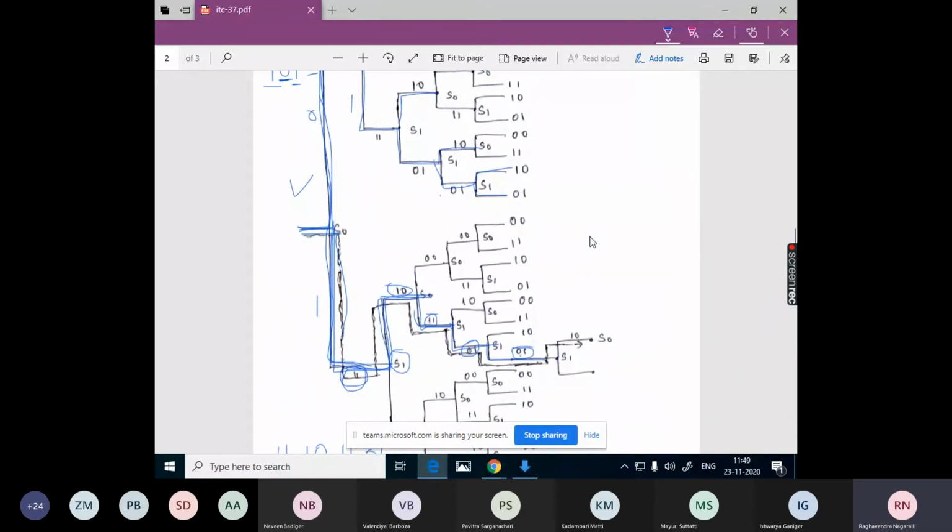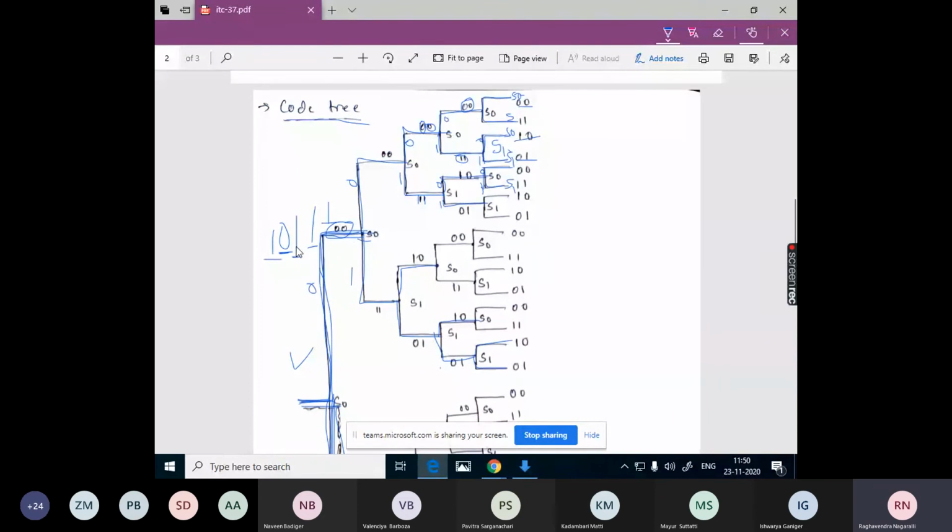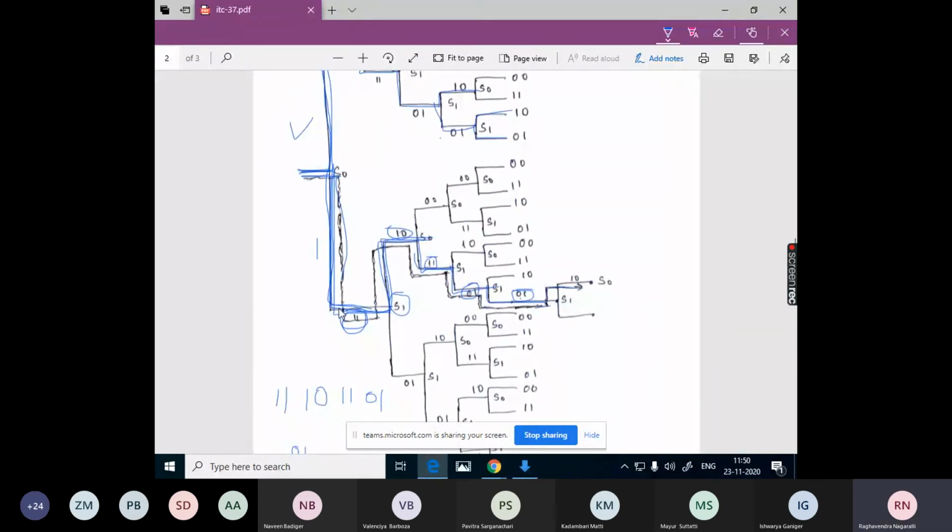But we have not stopped here; we took one more transition. Why have we taken this one more transition? We would have stopped because all input bits are over: 1 0 1 1 1. We would have stopped at this point, but in this diagram we can see we have taken one more branch. Why?